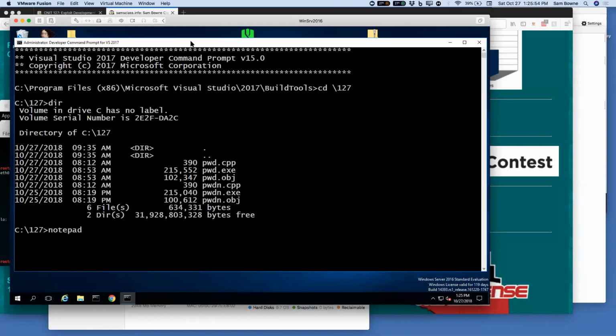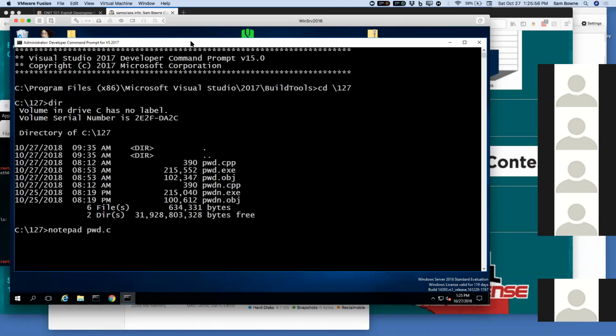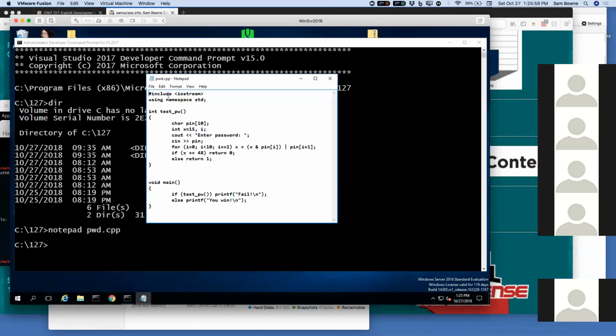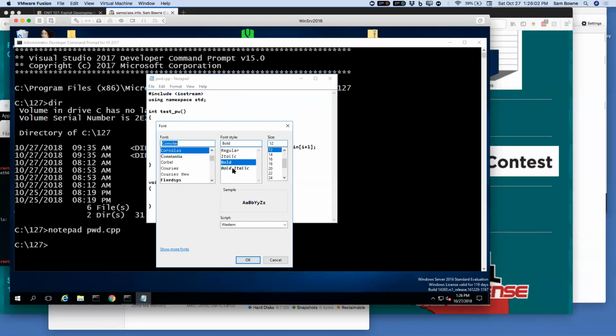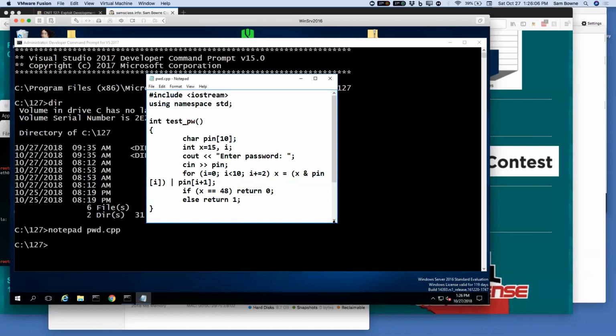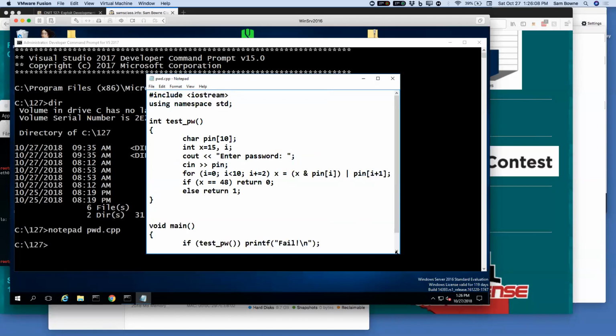So I Notepad pwd.cpp will let me see it here. And again, I can make the font bigger. There. All right. And it's not necessarily so important to this class, but it's very important for my Python